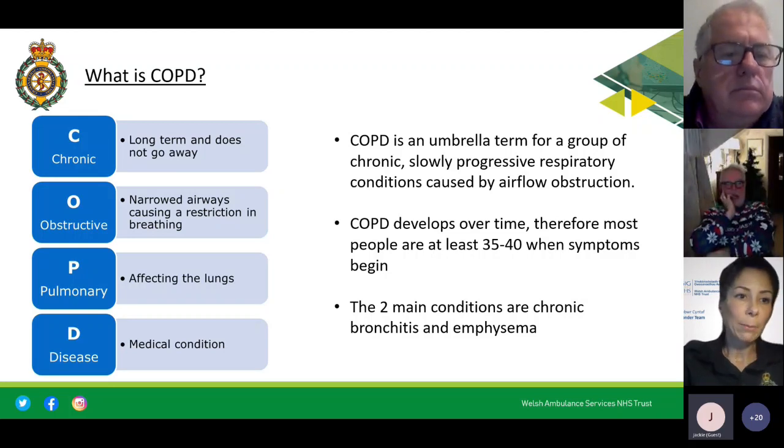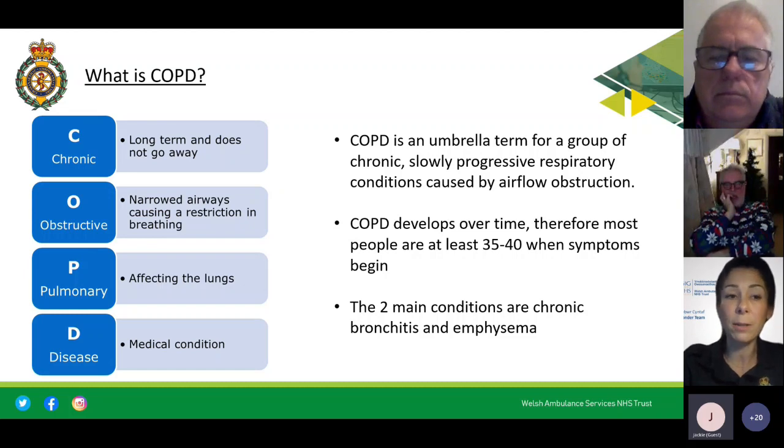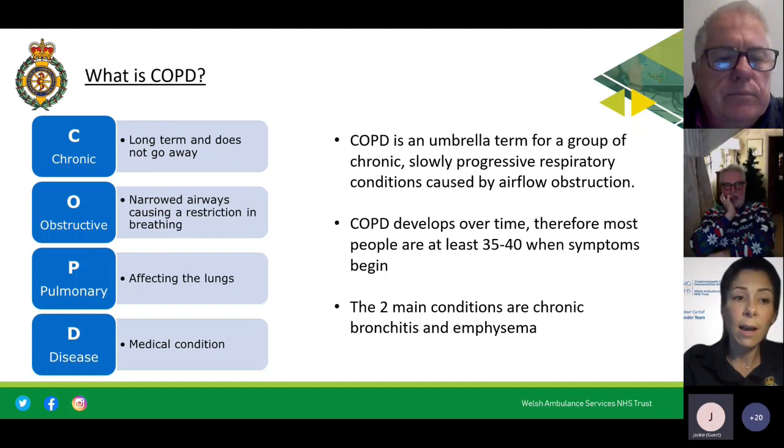So looking at COPD, just a breakdown first of all of what COPD is. So the clue's in the title with this one, as it is with many of them. So the C is for chronic, referring to long term and doesn't go away. So patients aren't going to recover from COPD once they have that diagnosis. The O is for obstructive. So that's the narrowing of the airways, which is causing a restriction in their breathing. The P is for pulmonary because it's affecting the lungs, and the D is for disease as it's a medical